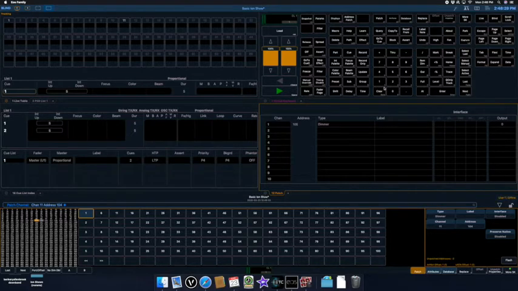If I wanted to enter everything 73 through 80 into 100, I would have to go 100 at 73, enter. 100 at 74, enter. Now, this has assigned multiple addresses to a single channel. Also, I could type 73 through. That's why I wrote through there. 80 at,